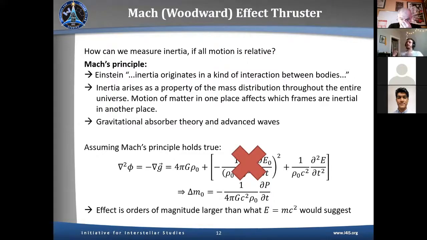So if you imagine, for example, a piezoelectric device, where you can increase the energy content of the device by applying voltage, and if this is a sinusoidal voltage, then this would imply that the rest mass of the object is changing as the power input to the piezoelectric device is changing. And this effect is orders of magnitude larger than what the very familiar E equals mc squared would suggest. And this is exactly what Mach effect thrusters are trying to use. They're trying to use this effect